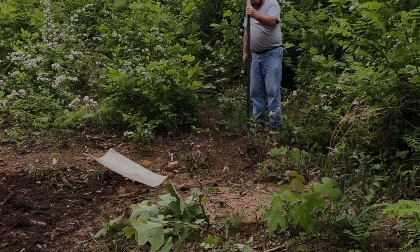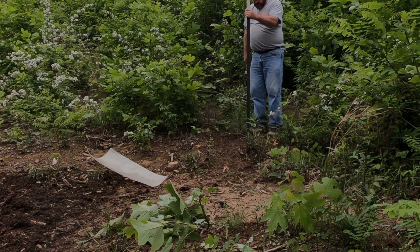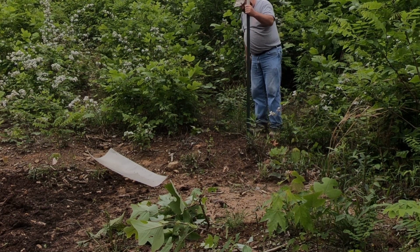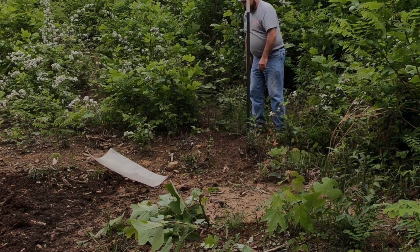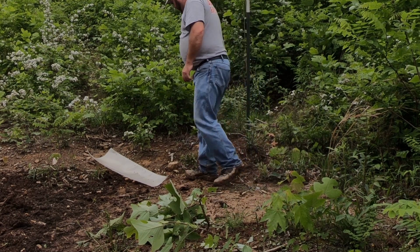We'll drive these posts until this flat part is just under the surface of the ground. I don't know what that's called. Spade, lug, whatever. These trees are already budding out, by the way. Alright, I've got that